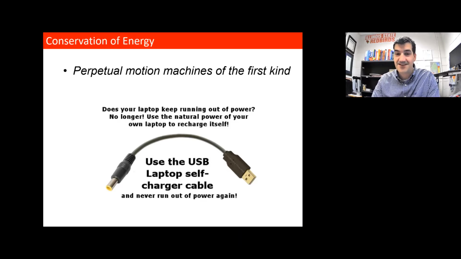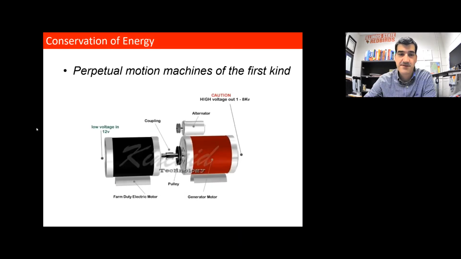They're kind of amusing to think about. Here's another interesting example. On the left, we have a motor, and that motor is directly connected to a generator. So the generator is being driven by the motor, and the input to the motor is only 12 volts, low voltage, and the output of the generator is 1 to 8,000 volts. So you're getting a much higher output voltage from the generator than you have to put in to the motor,